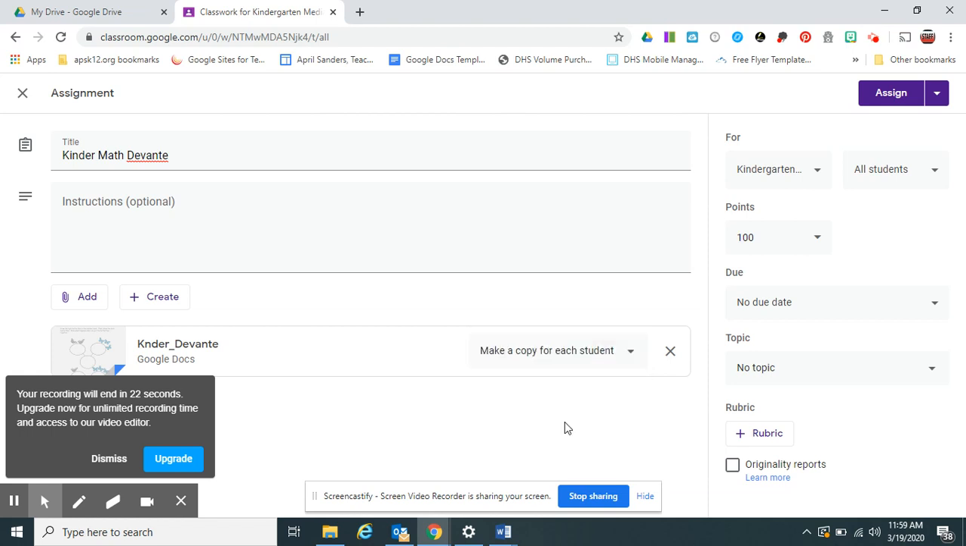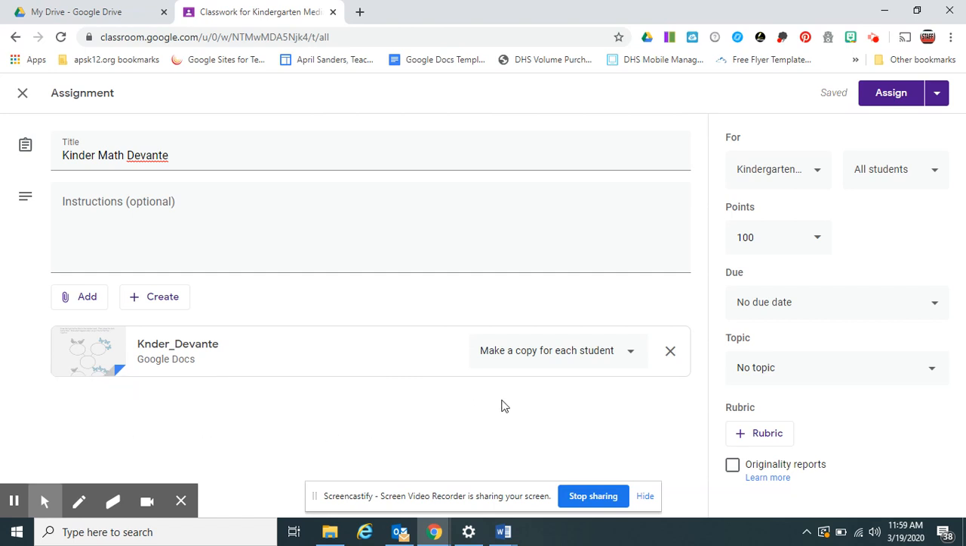Click make a copy for each student. Make sure you make a copy for each student. Once you do that, you are able to assign this assignment. And that's it. Every student will have a copy in their name, and those students will be able to complete, annotate on top,